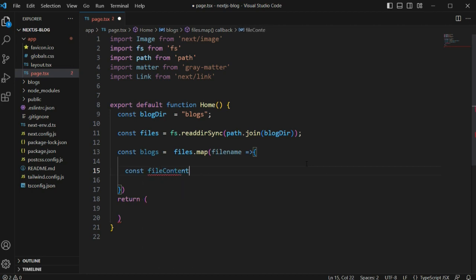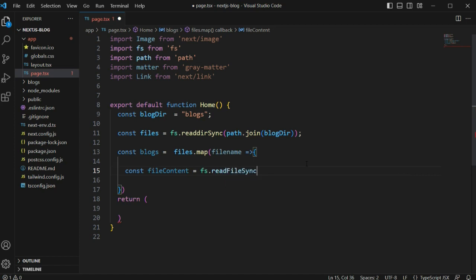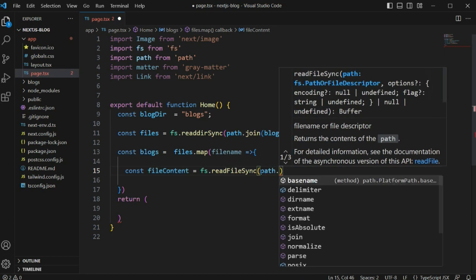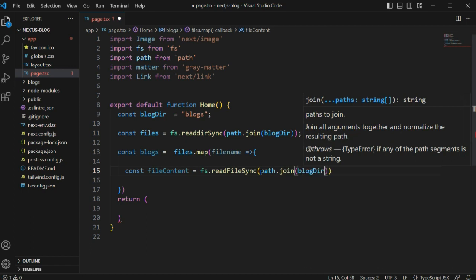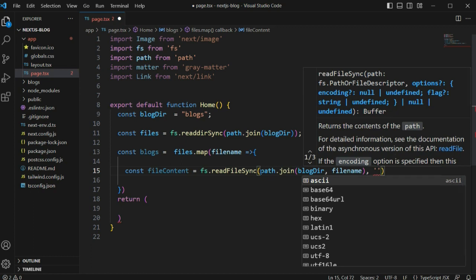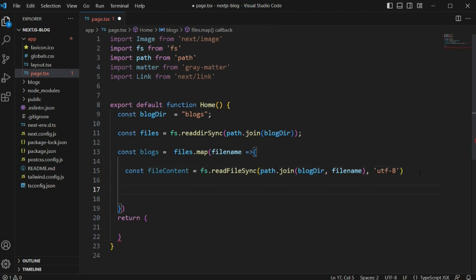Now in the map of the files, let's define file content to read the content of the blog. For this we will use fs.readFileSync and then path.join with the blog directory and then the file name, and we have to define